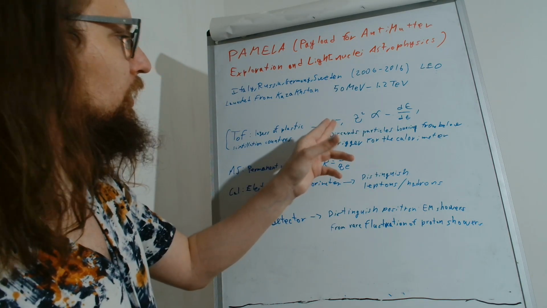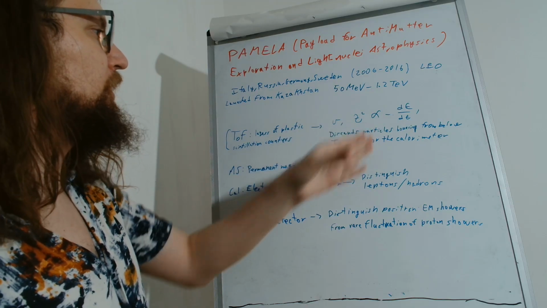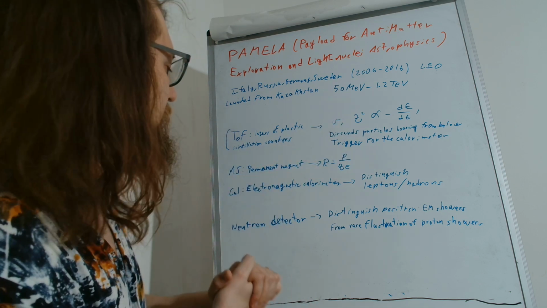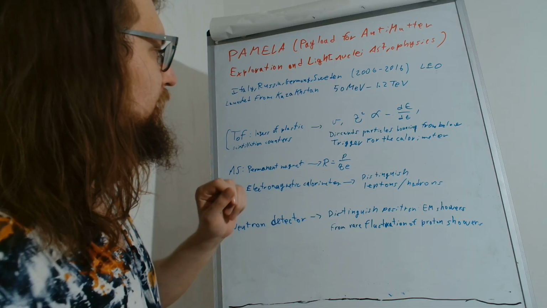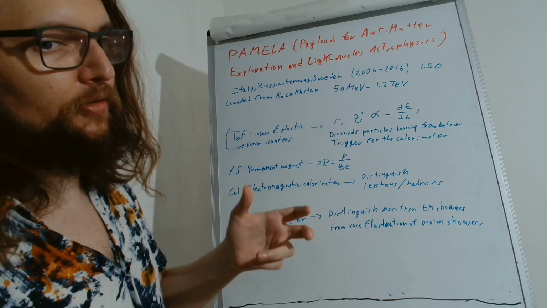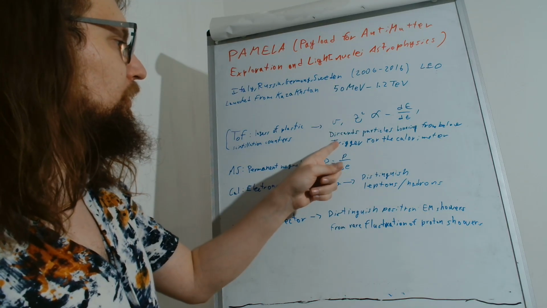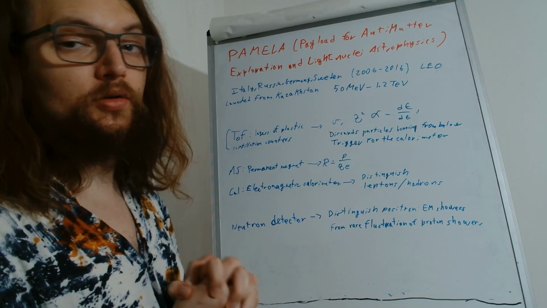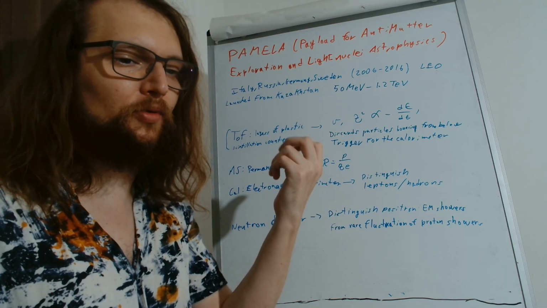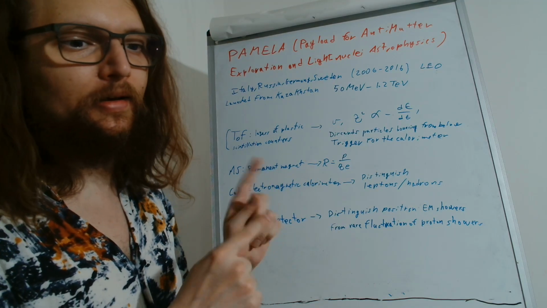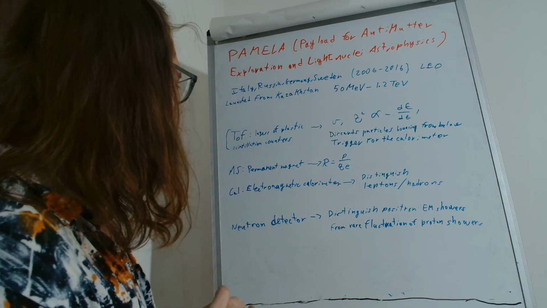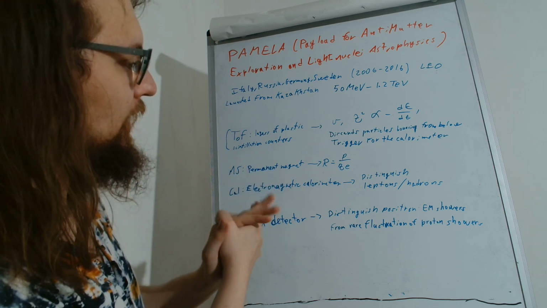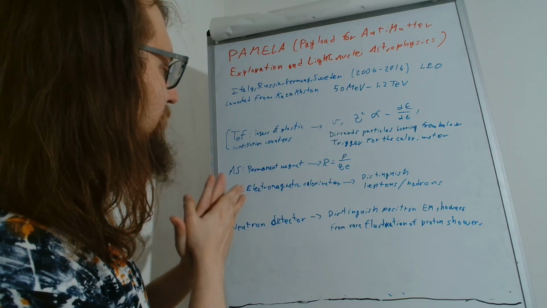The time-of-flight could, like in BESS, measure the velocity, the charge, and the square charge. So not the sign. The sign was left for the magnet. It also discards particles coming from below, and it would trigger a signal to the calorimeter to tell it when a particle would pass, to turn on and be ready for the measurement. And then there is, as magnetic spectrometer, a permanent magnet this time, and then as a calorimeter there is an